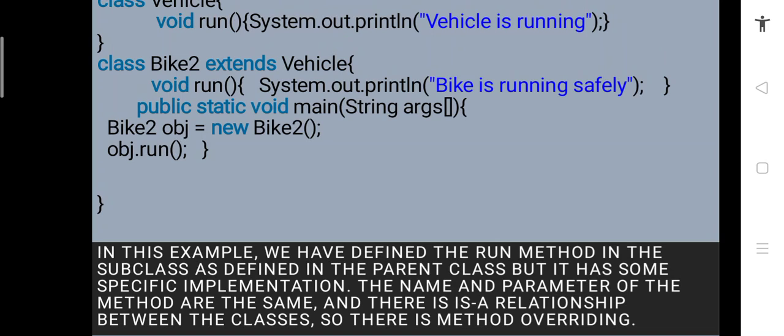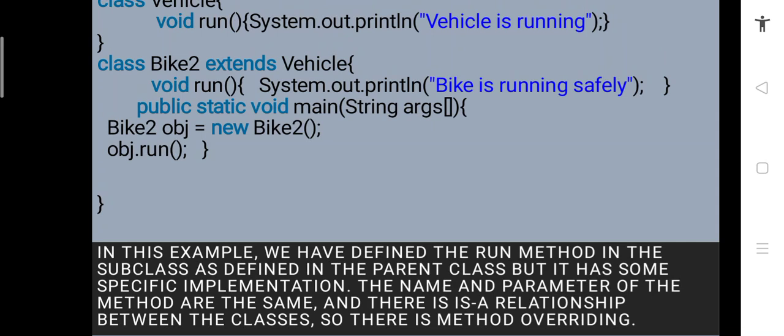If there is the same name of a method, or the same parameters, and in addition the same return type, then it can be considered method overriding if it's in a superclass and subclass, right? Here there is a run method in Bike2 and a run method in Vehicle. They can show different outputs, but since they have the same name, it can be considered method overriding, and it can be executed by